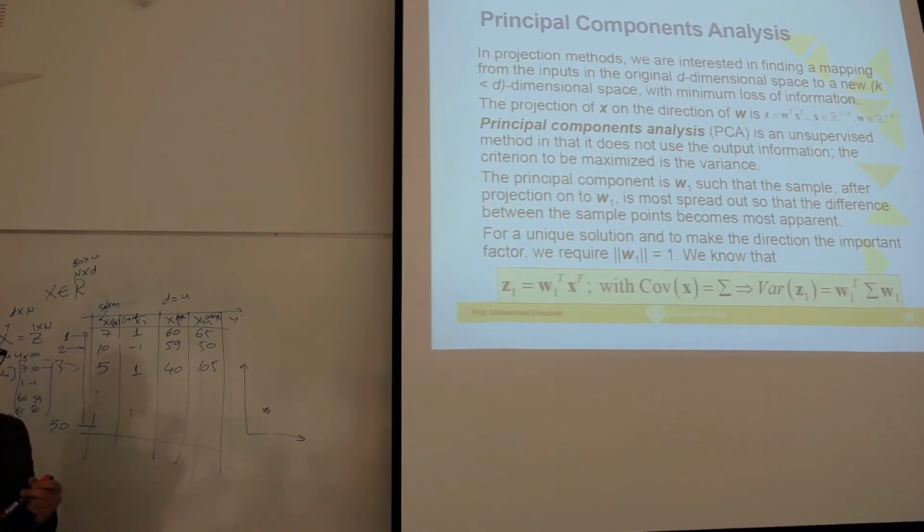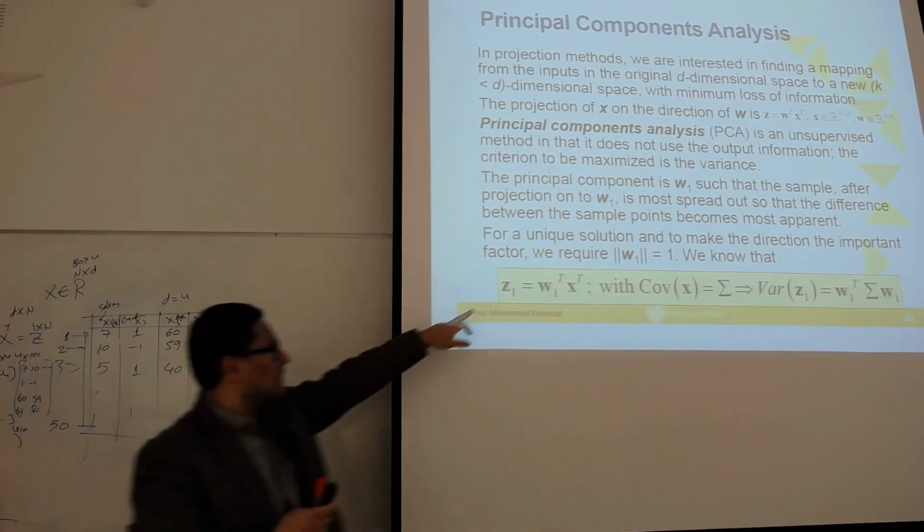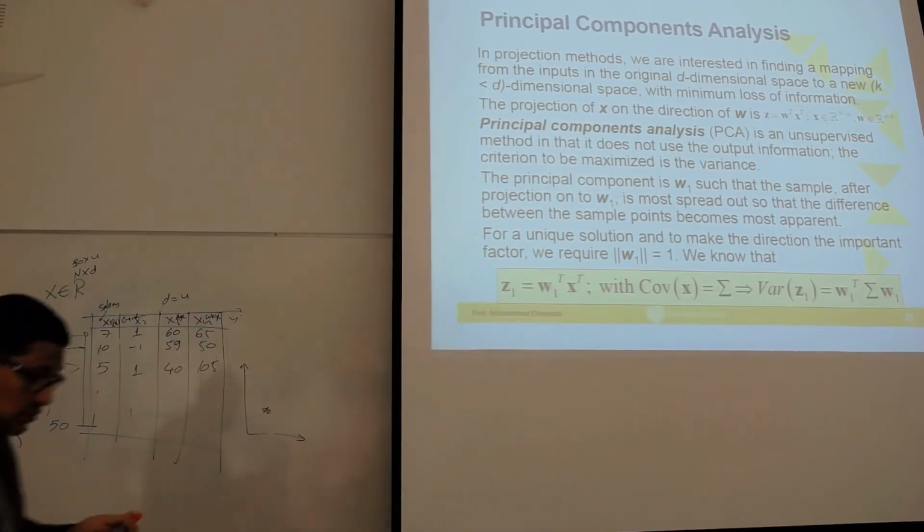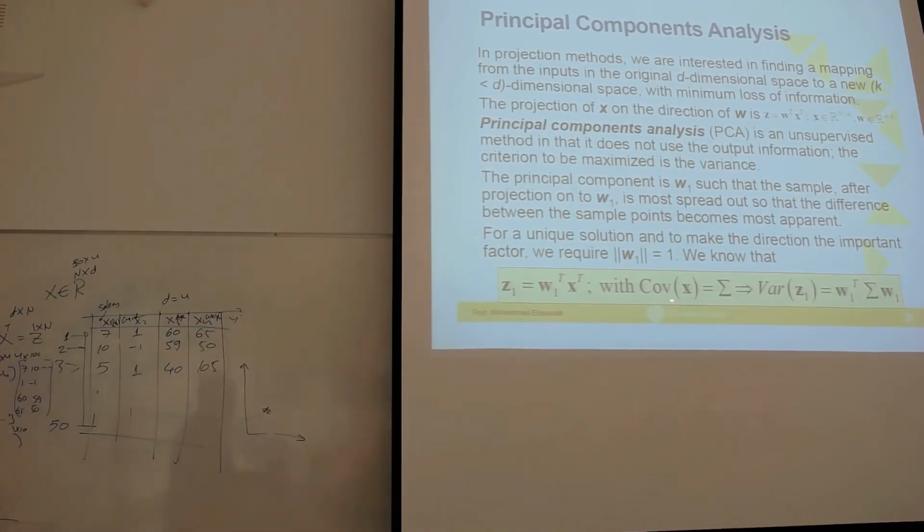So in order to keep or to maximize the information, we need the data after the projection to be as scattered as possible. If they are close, we need to increase the distance between them. So our idea is how to find the optimum W that maximizes the covariance after projection. The covariance of what? The covariance of Z. After the projection, we have the vector Z.